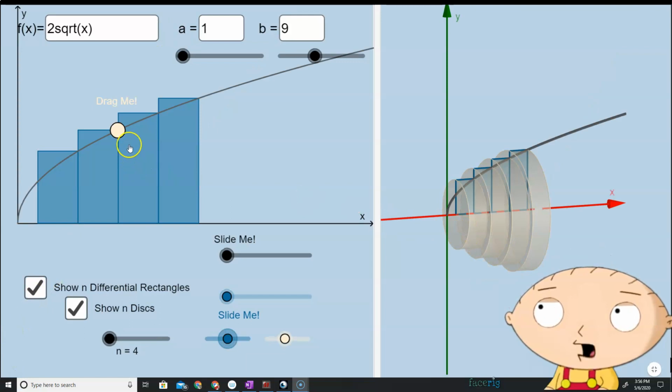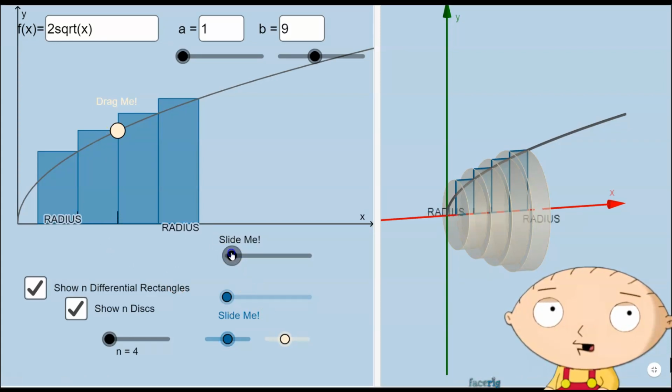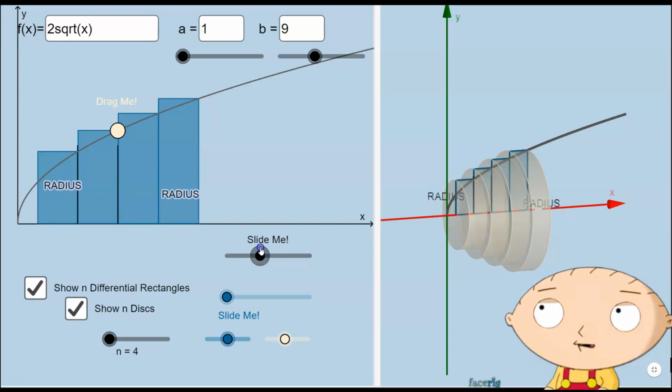So to find the volume of one disk, let's say we're going to find the volume of the disk that is created by this rectangle right here. To find the volume of that disk, we need to know the radius of the cylinder, that disk. The radius is going to be the same as the value of the function. So if we just call this f of x, this would be the value of the function at some particular x value,